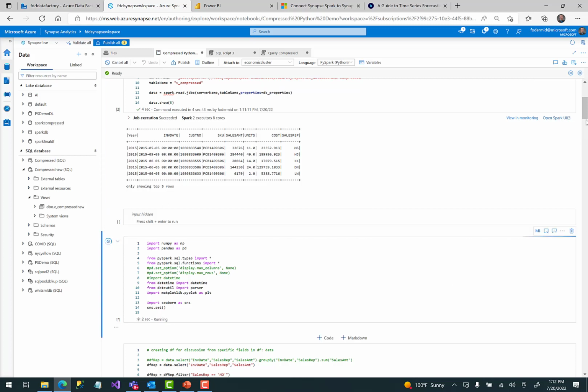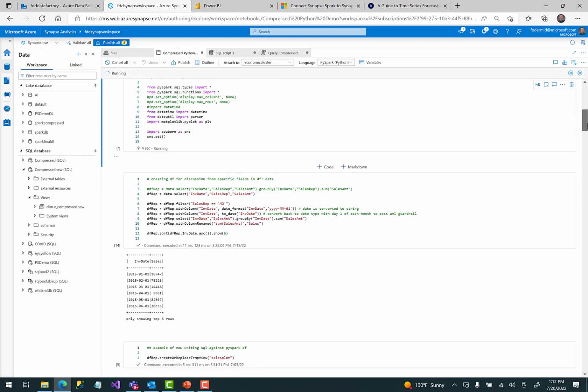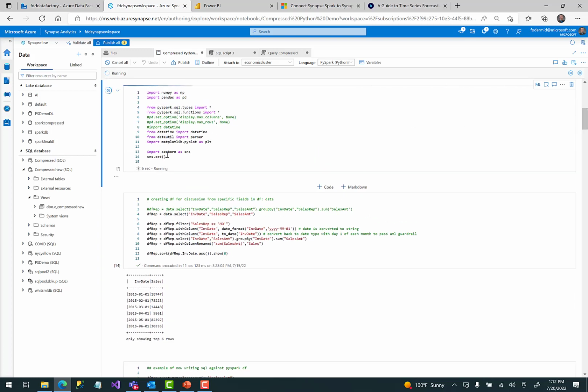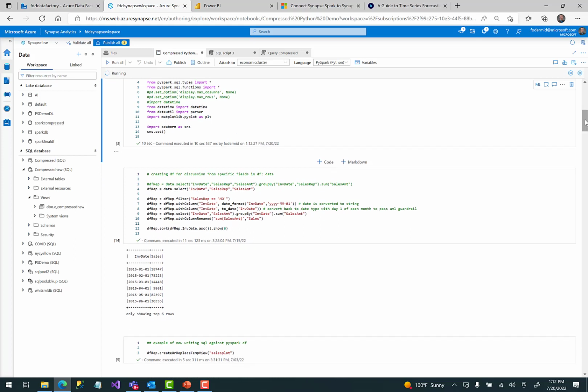Some of the libraries that we want to import, probably importing more than I needed. I just noticed here I won't even be using this. But anyway, those are in there. Python turns out to be a lot of fun. It's easy to use. I'll show you an example here in just a moment where I could just use SQL